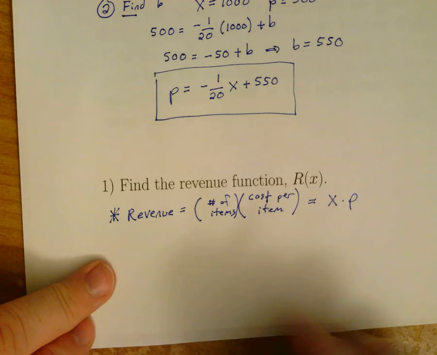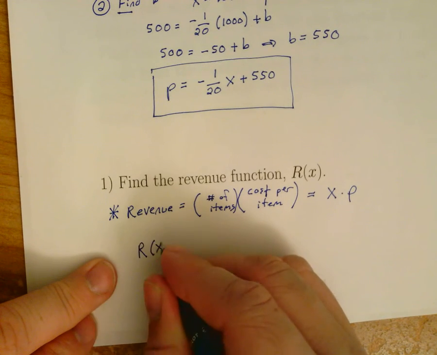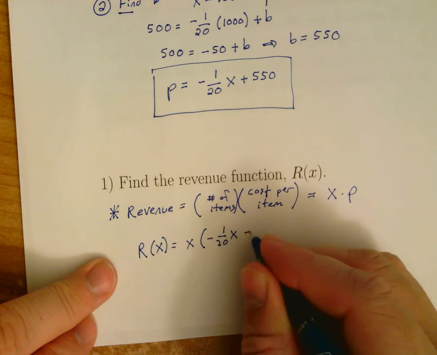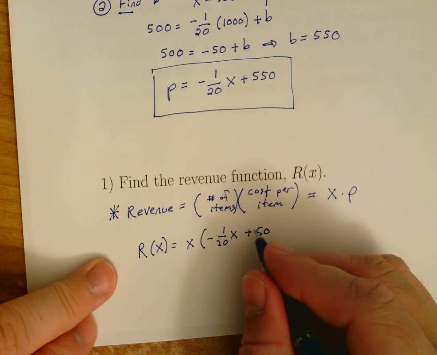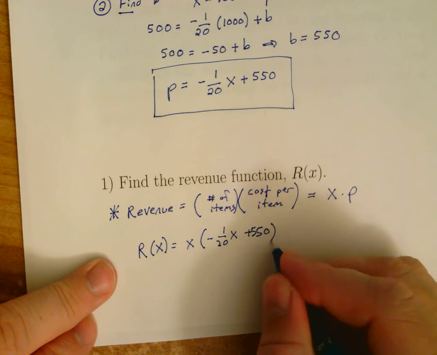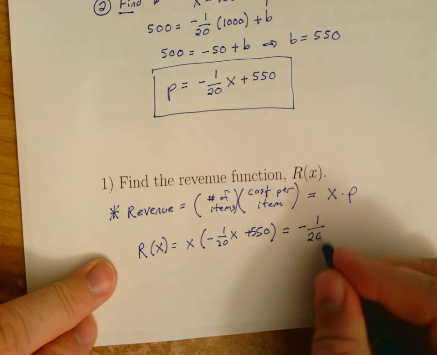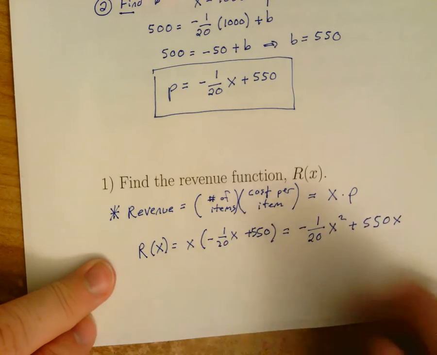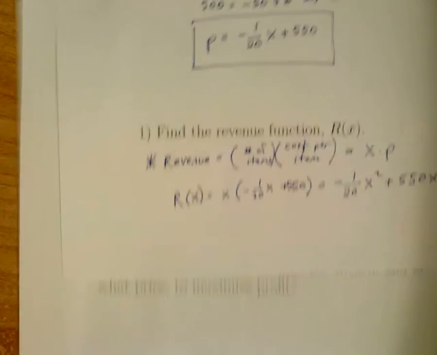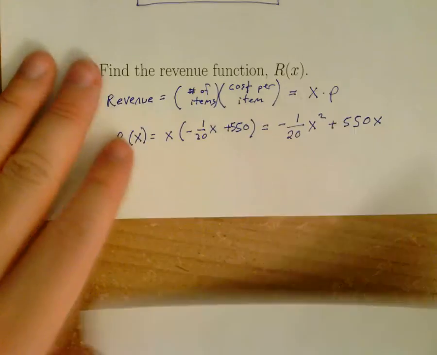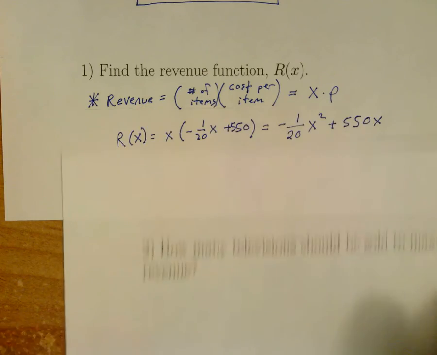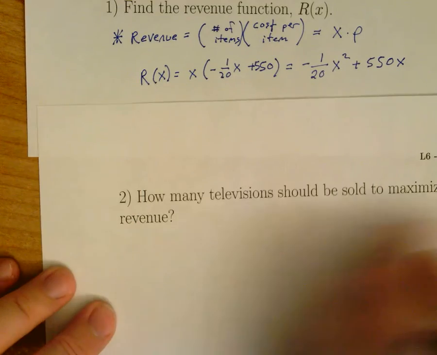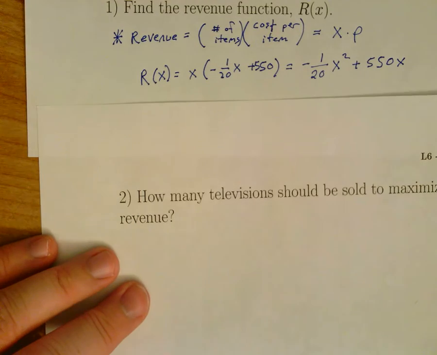X times the price. So our revenue function, R of X, is equal to X times negative 1 over 20 X plus 550, which is equal to negative 1 over 20 x squared plus 550x. Just distribute that x through. All right, we can still ask some more questions on this. If I want to bring in the most revenue, how many televisions should be sold to maximize the revenue? How many should I